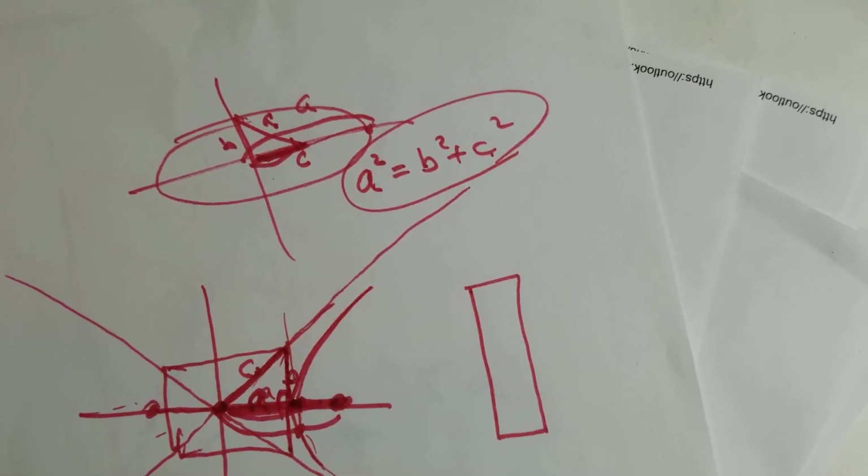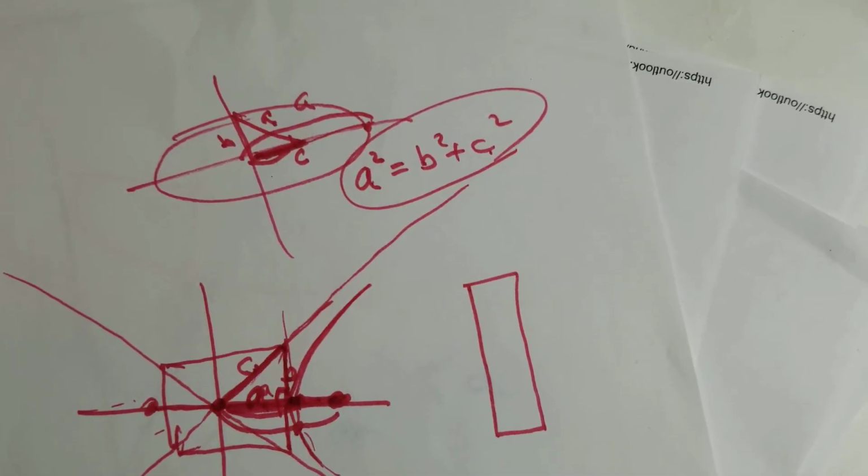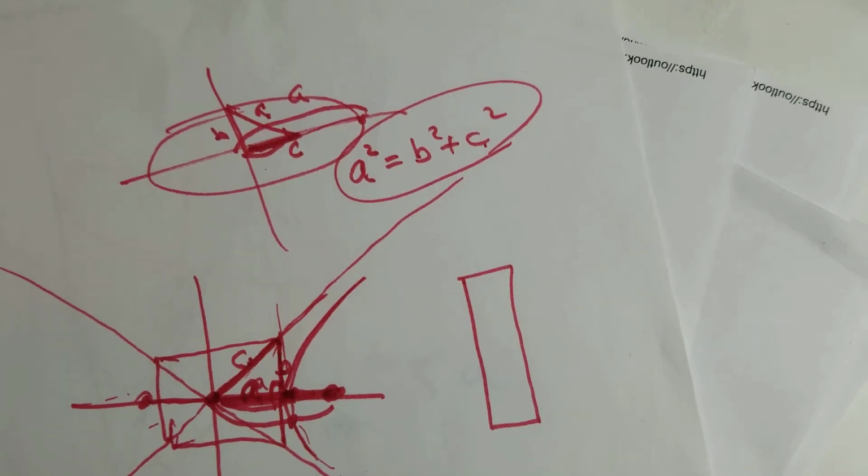In an ellipse, you talk about the major axis and the minor axis, but when you're talking about the hyperbola, it is going to be different. Therefore, in hyperbola, we have conjugate axis,